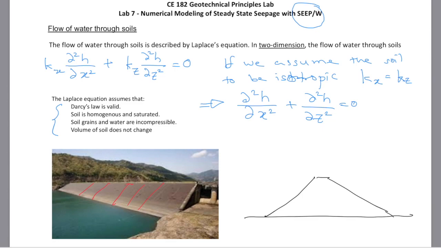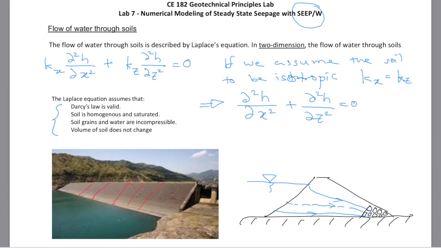Let's assume that it's founded on solid bedrock, which is impermeable, so the water cannot pass through it. Oftentimes there is some kind of drainage provided, so the water goes towards that. And then we have high water condition. Under this, if we wanted to study how the water may flow through the dam, this makes a good two-dimensional steady state seepage problem, and the water is going to pass through the soil, something like this most likely. And this is a good 2D representation of